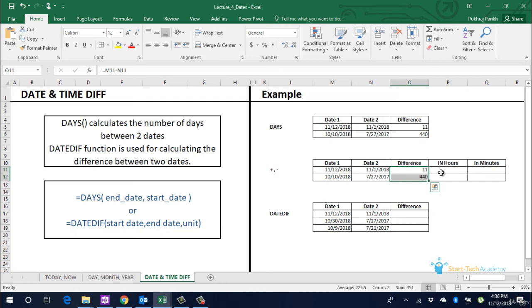You can figure out why this works by recalling that dates in Excel are kept in number format and the difference of those numbers and integers is the number of days they are apart. To get this difference in hours, multiply this value with 24. To get it in minutes, further multiply it with 60.